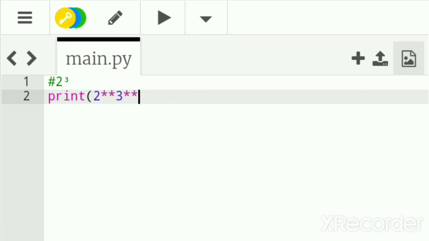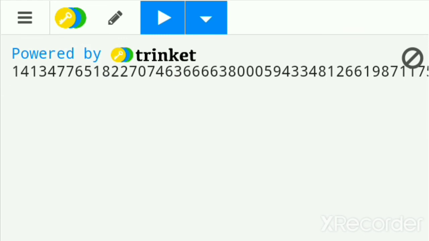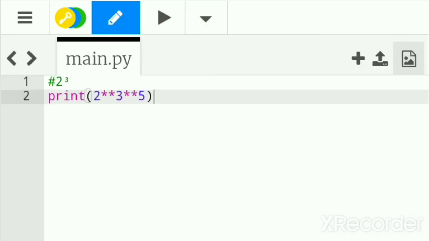So here, 2 to the power of 3 to the power of 5, and we have this very big number. What that means is 3 to the power of 5, and the result is the power of 2: 2 to the power of the result of the first power. Good. So I think this is what we have for today. Today we have seen how to install Python and how to do some simple arithmetic operations. I hope that